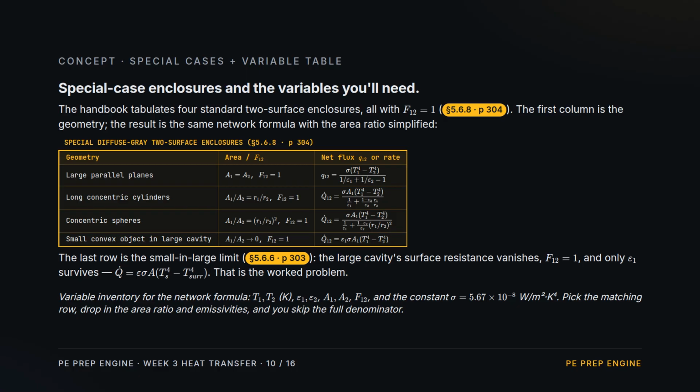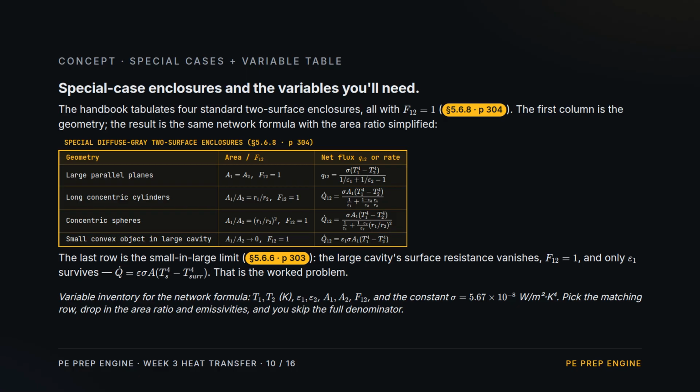Only the small object's emissivity survives, collapsing to epsilon sigma A times surface temperature to the fourth minus surroundings to the fourth. That's the small and large result, the worked problem coming up. The general formula needs the two temperatures in Kelvin, the two emissivities and areas, the view factor, and the Stefan-Boltzmann